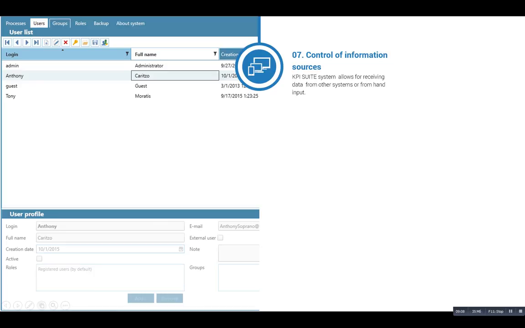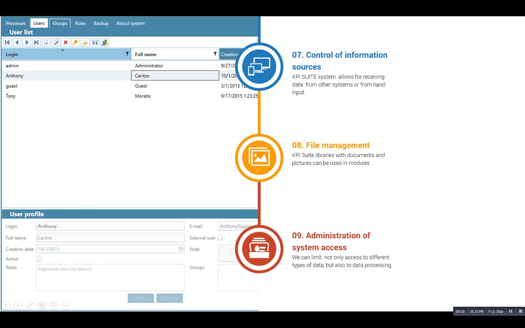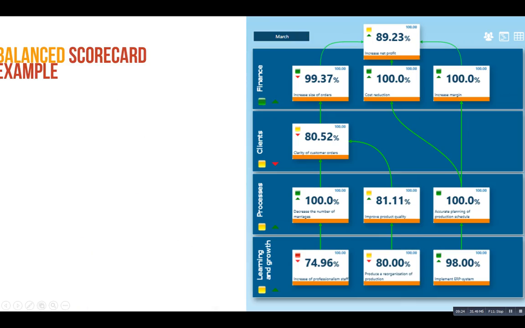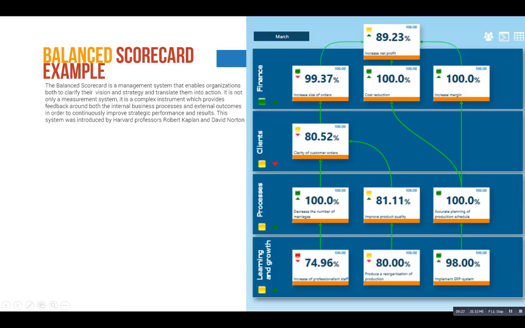Also, we can now show the results of our implementation. It could be, for instance, a balanced scorecard. All of these elements are drawn not in, let's say, Photoshop, but it looks like when you are modeling in MS Word, but in this case you are getting real data into your dashboard. You have a perspective, a strategy map, also some links between the goals, or you can take a table view with